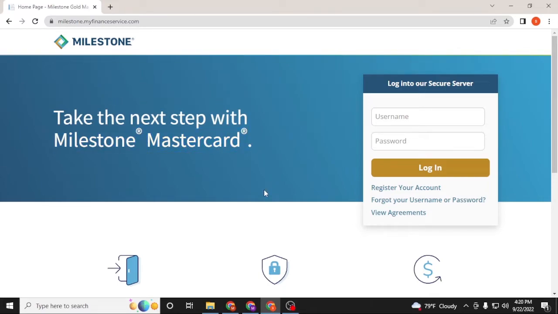And now to log into your Milestone credit card account, you'll be required to enter your username over here, and after that enter your password over here, and then click on login to sign into your Milestone credit card account